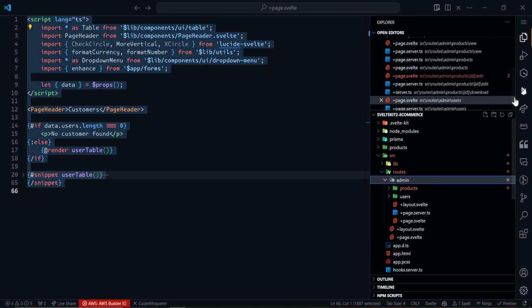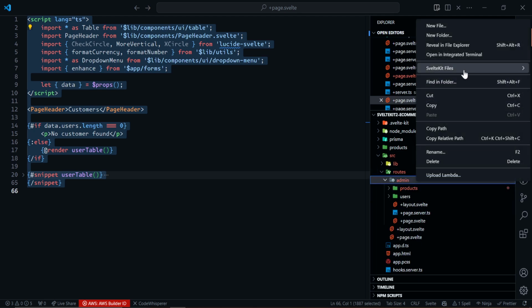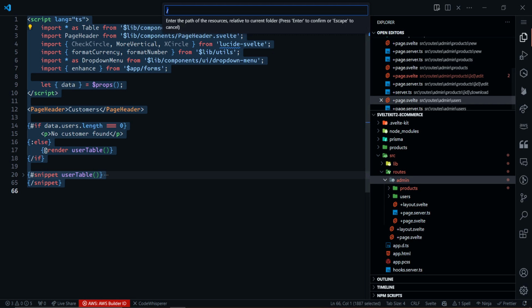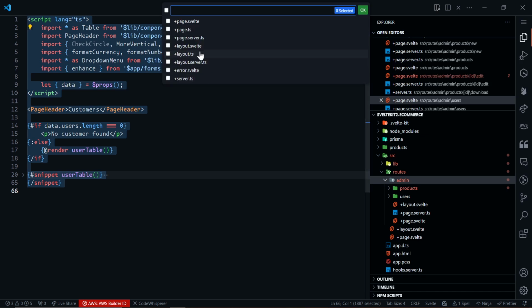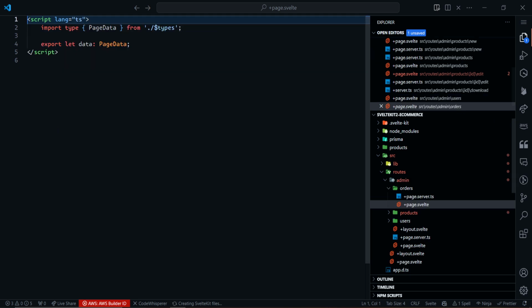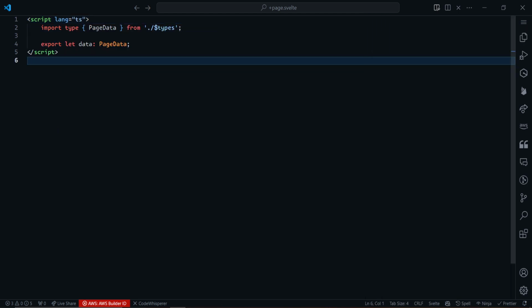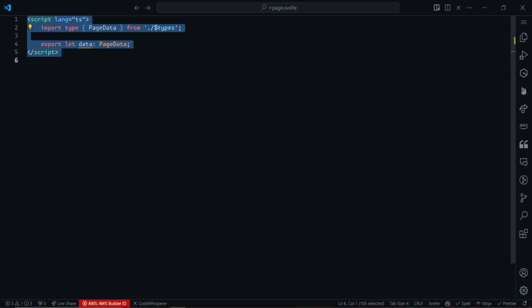Now in the admin folder, we can just have our SvelteKit files, create route, and call this orders. And we will choose the plus page dot svelte and the plus page dot server dot ts. And yeah, you can simply just paste what we copied,